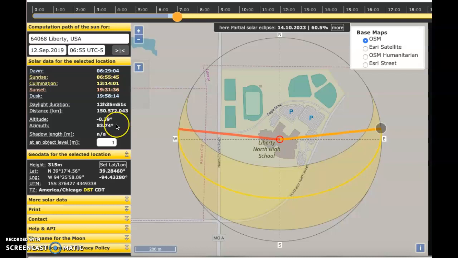The azimuth is the direction that the sun shows up. So like the compass direction of the sun is going to peek over the horizon. And to orient yourself, north is 0 degrees, and then east is 90 degrees, south is 180 degrees, and west is 270. So you can see the azimuth at sunrise will be 83 degrees,